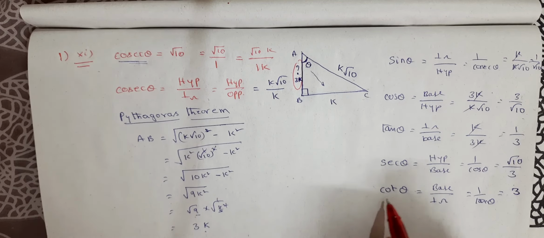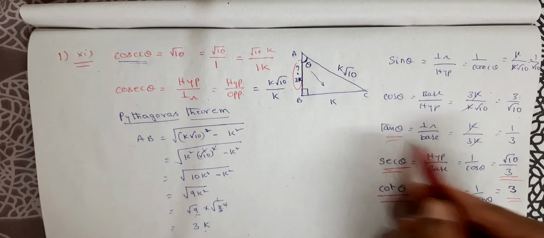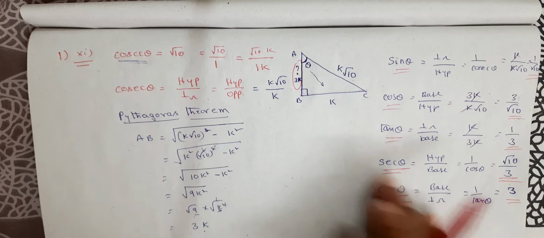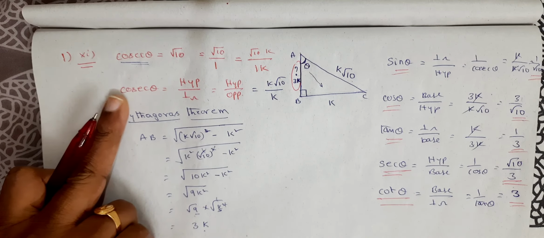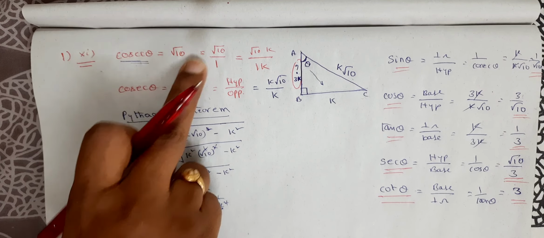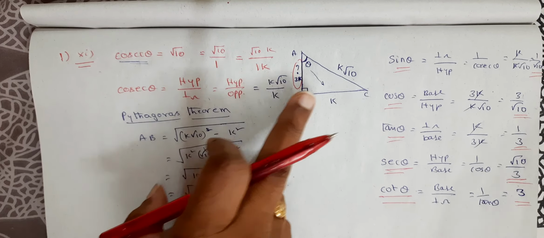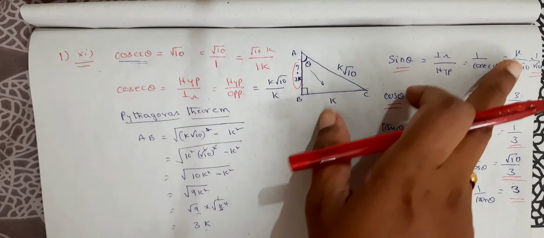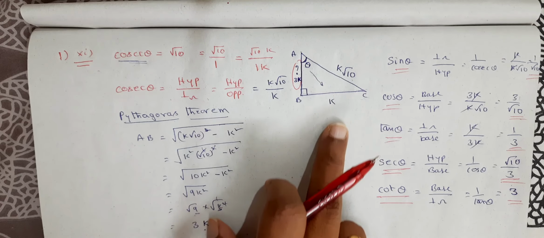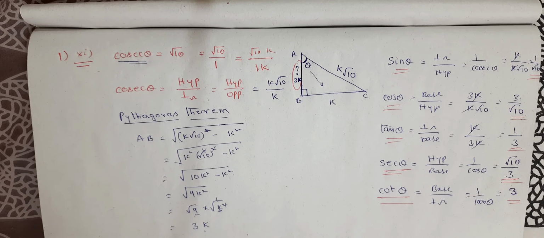So what did we do now? We determined the trigonometric ratios by using the given trigonometric ratio, which is cosecant. We used the standard formula for cosecant, which is hypotenuse by perpendicular. Since it is given in ratio form, always remember to multiply the numerator and the denominator with k, so you take it in terms of k. Finally that k will disappear, but this is the appropriate mathematical way of solving the problem. Now you can copy down this one.